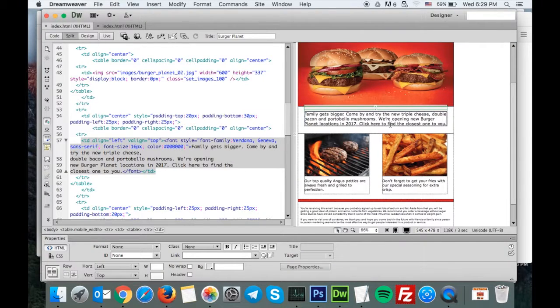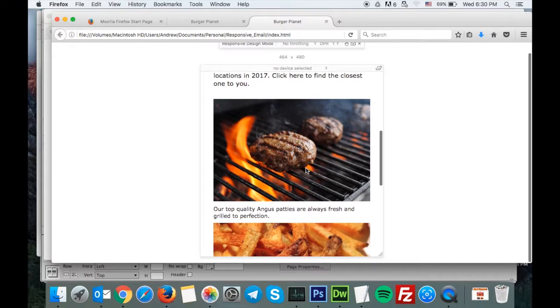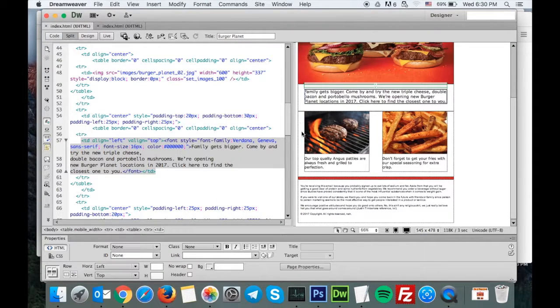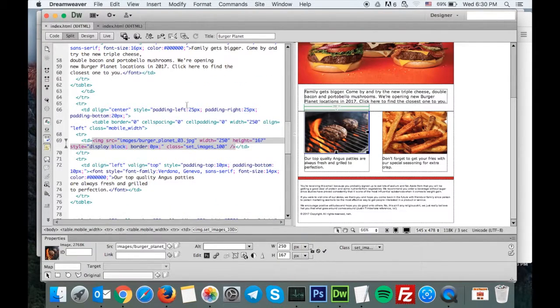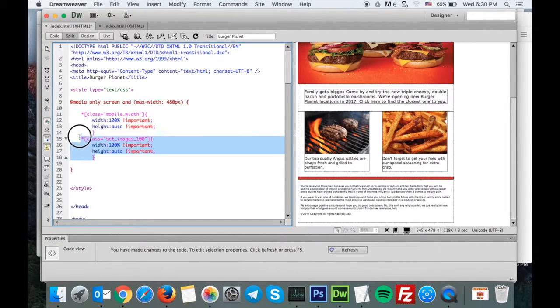Okay, so that's actually the main construction of the responsive email. There are a couple of details that I'm going to take care of because I think are important. For example, whenever you reach a lower resolution like this, the space on the sides of the images is still too large, and that's because it's still respecting the 25 pixels that we have here on the paddings. So what I'm going to do for that is create a class that shrinks that space on the sides whenever we hit mobile. Let me just go ahead and copy this,